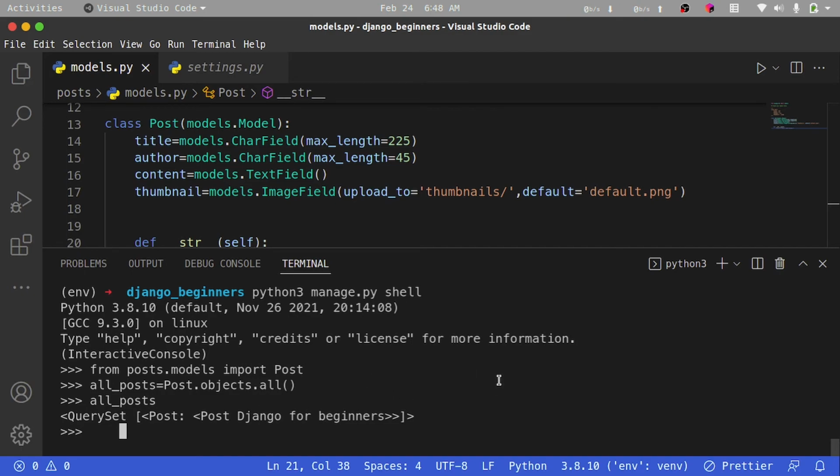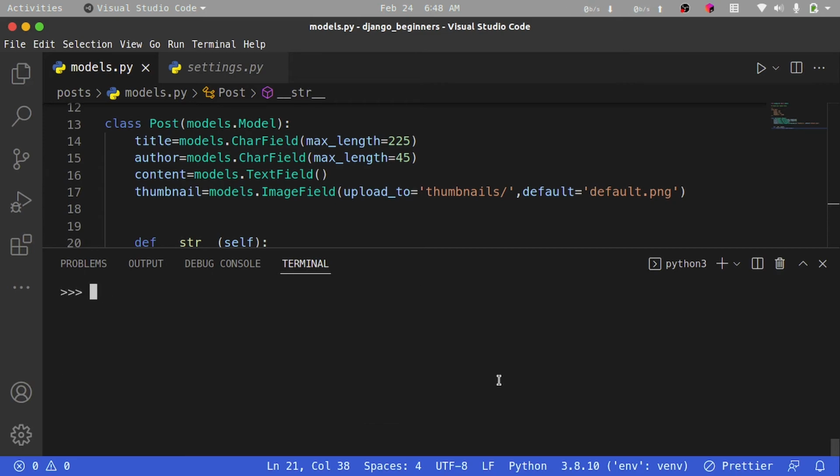So this actually makes it easy for us to have our posts returned to us in a very friendly way. So we can also look into how we can add other posts. For example, if I went ahead and added another post, I can say new_post, and this new_post is going to be a Post. So in this case we shall have a title, and our title in this case is going to be Basic JavaScript,